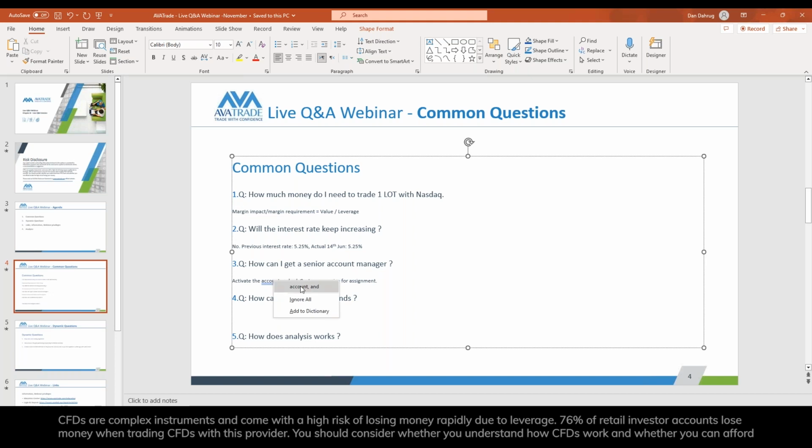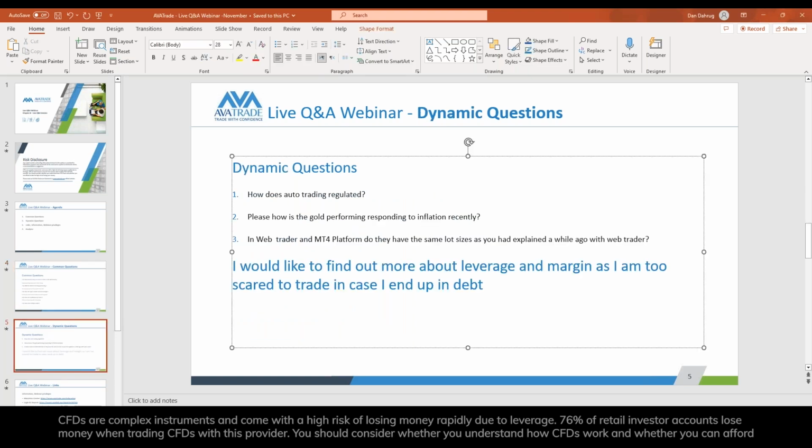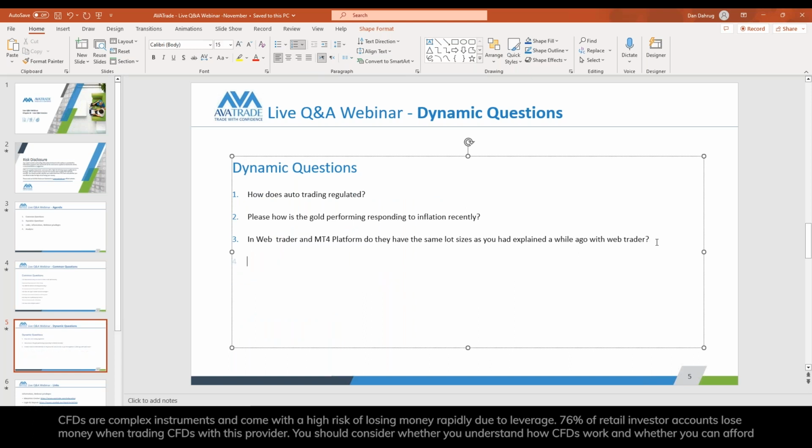Okay, something here. Oh, there we go. I don't know why it complained. Maybe activate your account. Never mind. Okay, so how can I withdraw the funds? That's just what you must do. This is so simple. How does analysis work? So what was the question? Let me just paste it over there. Will that work? There we go, guys. You see, I pasted it so easily.